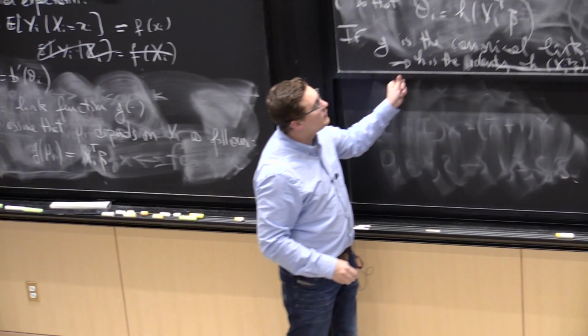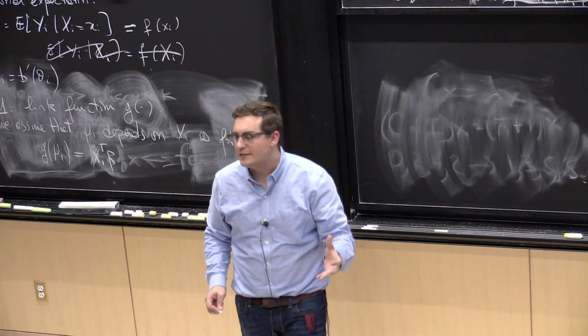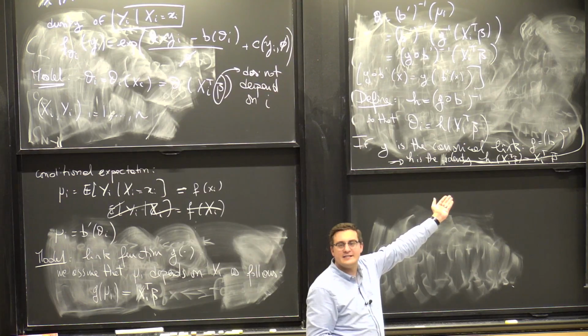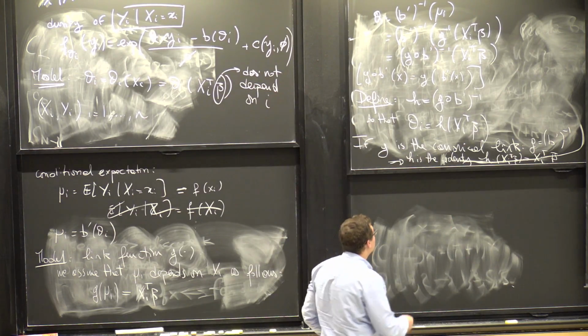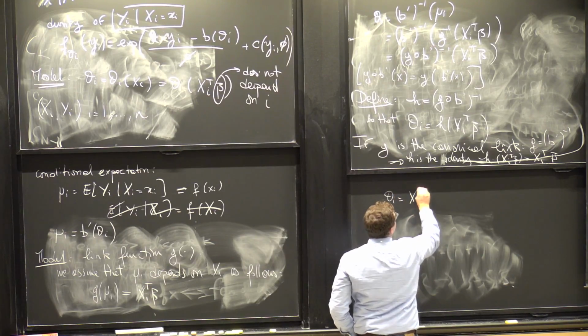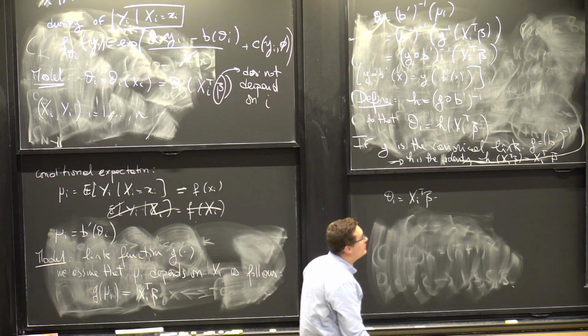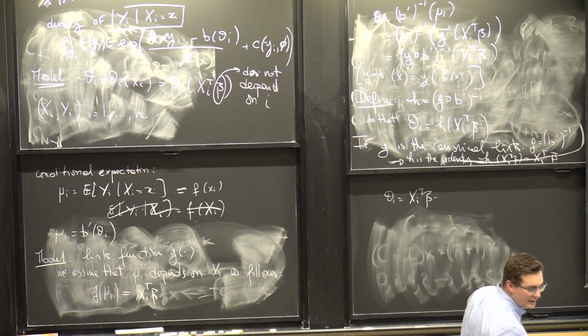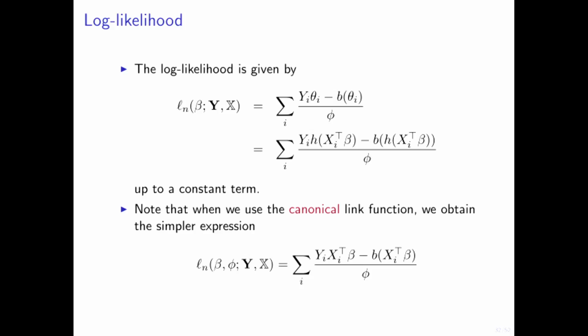And it's true that the way we introduced the canonical link was just the function for which we model theta i directly as xi transpose beta, right? Which we can read off here. So theta i is simply xi transpose beta. So now, for example, if I go back to my log likelihood, right? So if I look at the log likelihood,